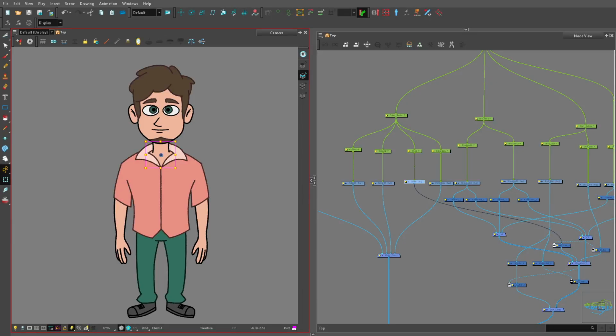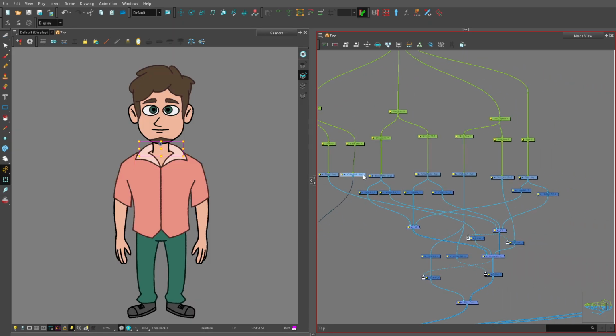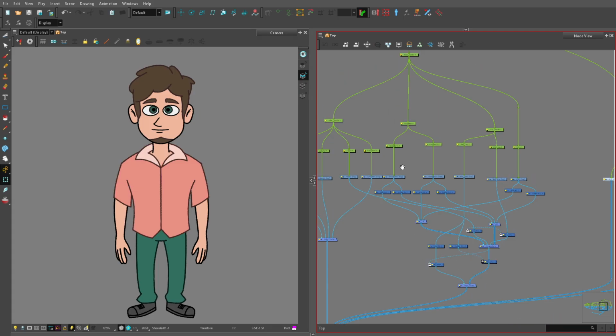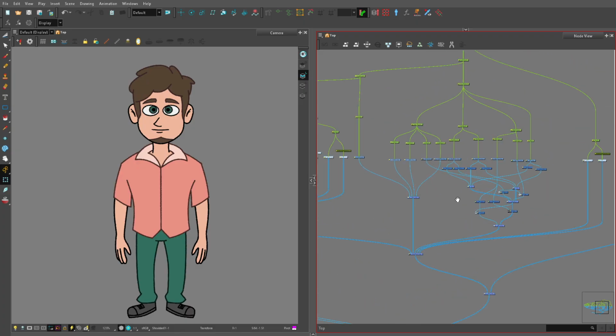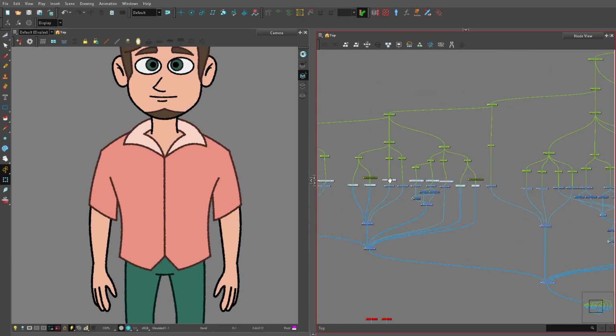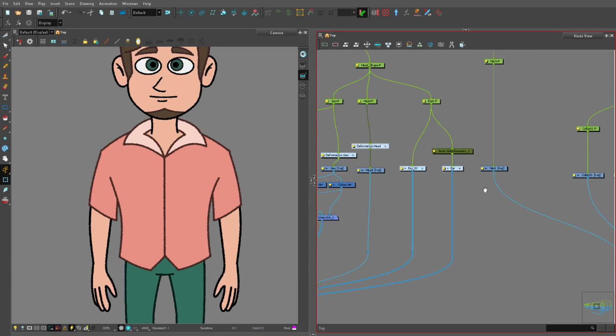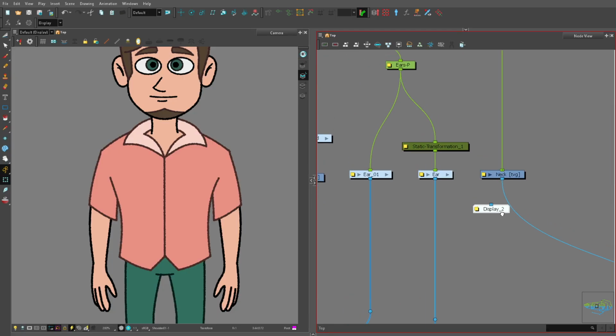Hello, at this part of the tutorial, we'll now be applying deformers to all the parts here in my character rig and create some organizations to make it look more professional and much easier to navigate. Okay, let's begin. So I'm going to start first by creating a display node, connect it to the neck, and then